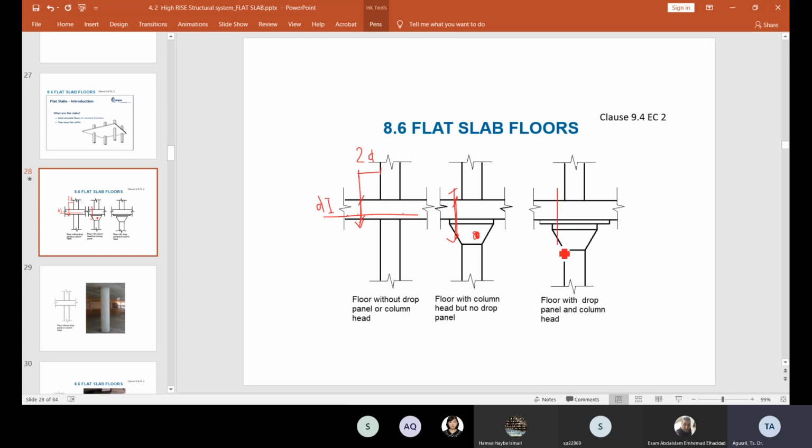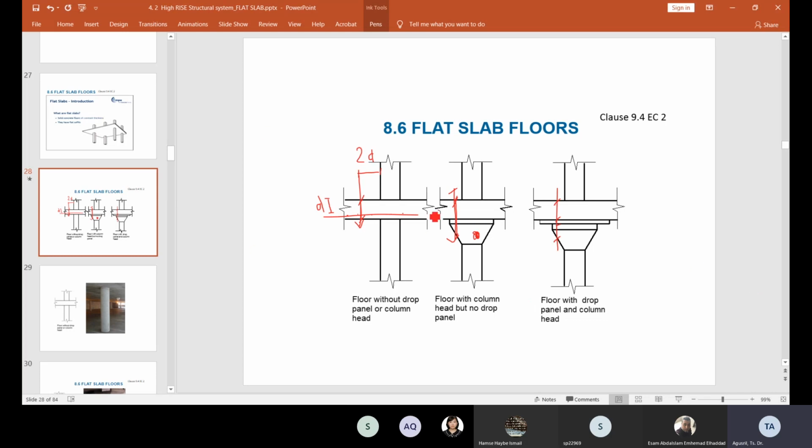So now we can see here the thickness is the thickness of slab plus thickness of the drop plus thickness of the column head. If this option is still not sufficient, you need to think and provide another solution. So what is the other solution? You need to reduce the span of the slab by providing a column at the middle between the two columns. So all the solutions come from you as the engineer based on your analysis.